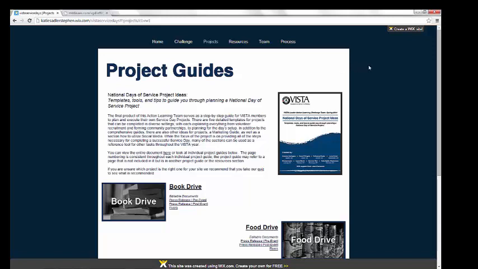Once you're on that page, the image on the right is the cover of our final document, and it actually serves as a hyperlink to the document. It's a PDF document if you want to open it up, but as a warning, it is a very large document, and it can take a while to load. Before I officially unveil that to you, which if you're following along, you may have already looked at it anyway, I'm going to scroll through the actual page and show you what we have on it.